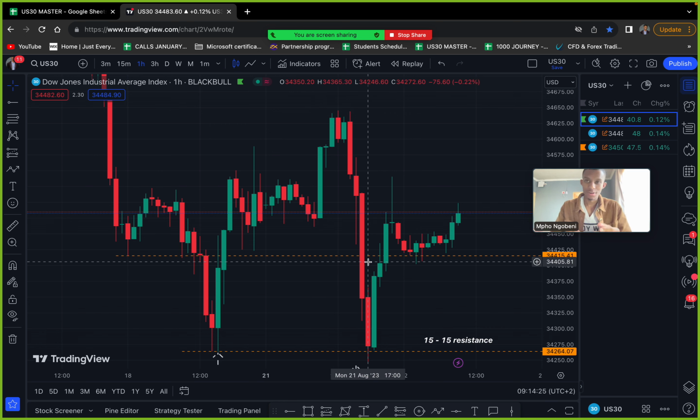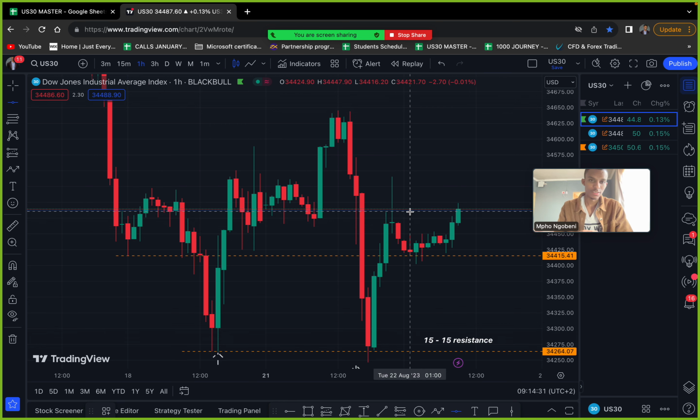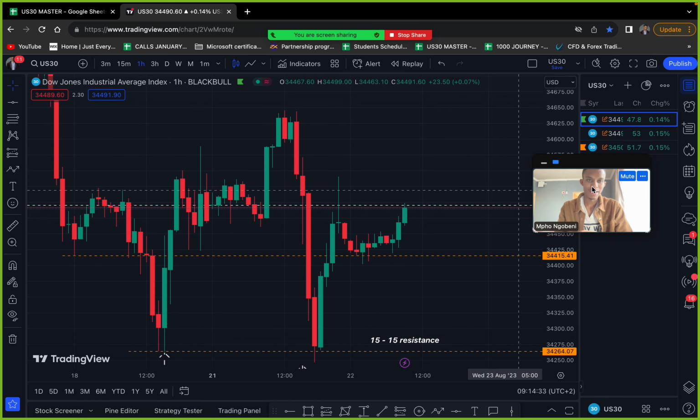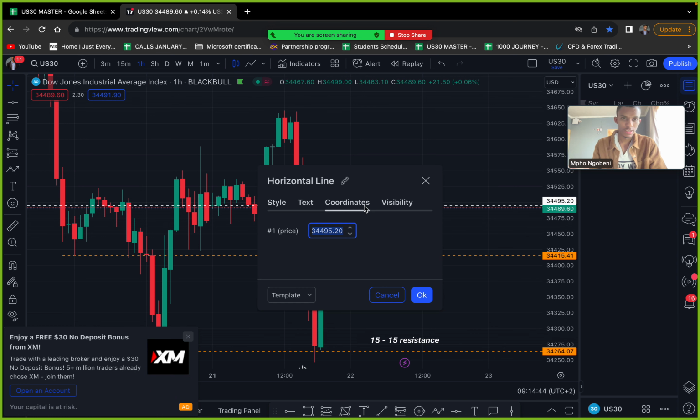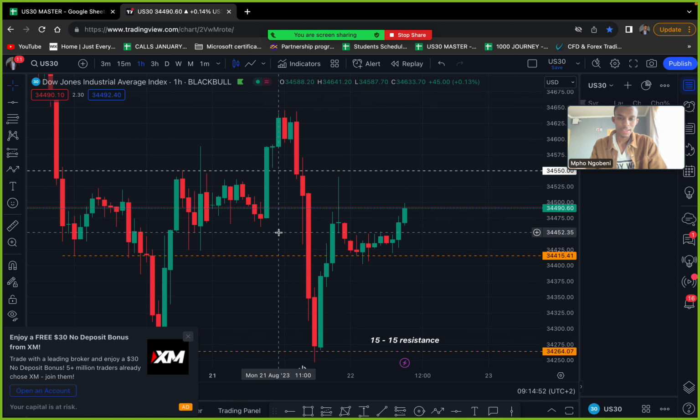And then on the 1 hour, again I look for two things. I look for my zones and I draw my key levels. So let's draw key levels. Are we approaching a key level at that area? Let me check. I want to try and zoom in. I can't. So let's check. Is this a key level that we are approaching? So we are approaching a key level, which is the 550, which is up there.